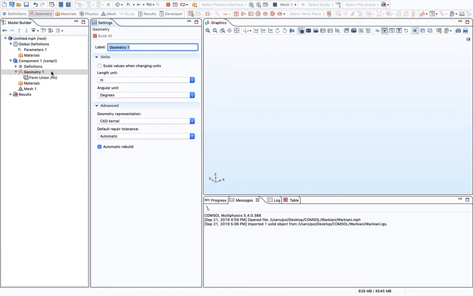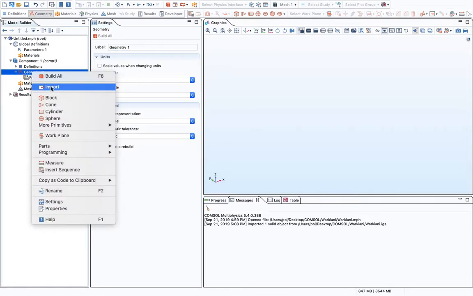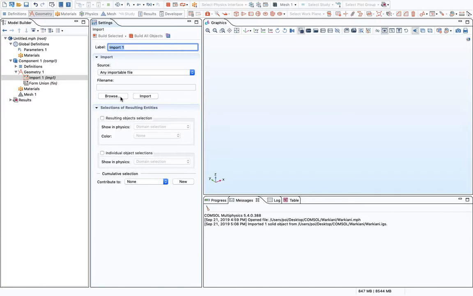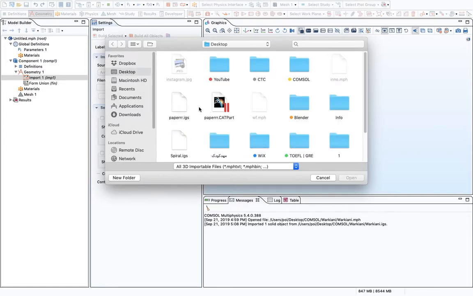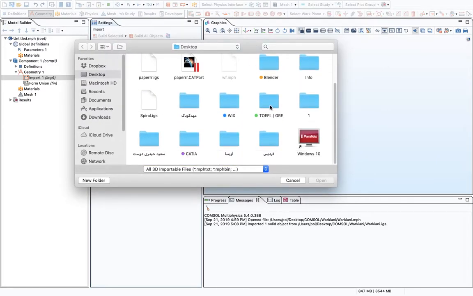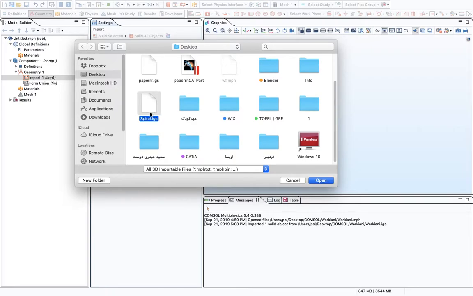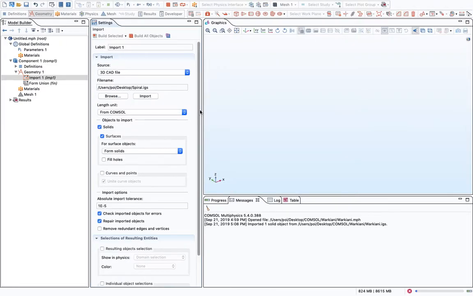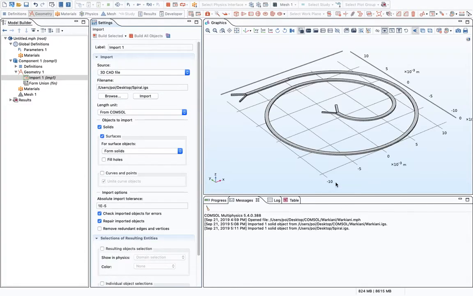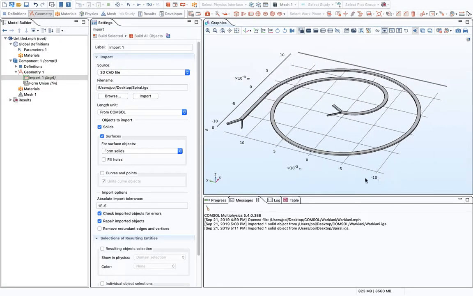video. So I right click on the geometry and hit import, and here in the settings panel I click on the browse option and browse into wherever I located my spiral IGS file here on my desktop. I hit open and then import the file into COMSOL. It should take a couple of seconds until I see the geometry in this window here in the upper right. Once the geometry is imported into COMSOL, I can